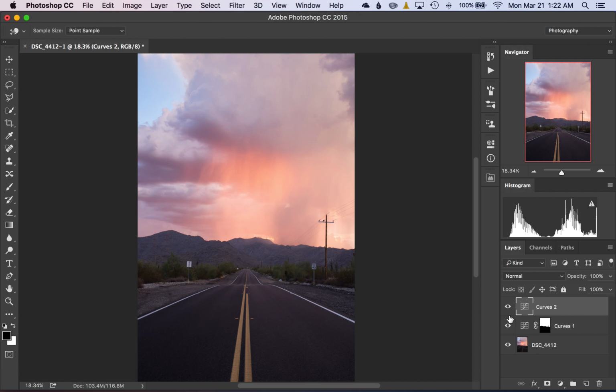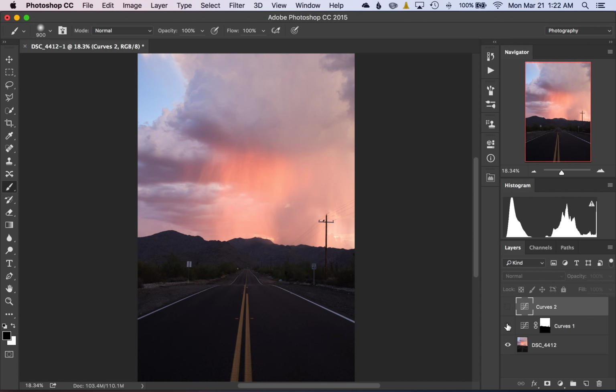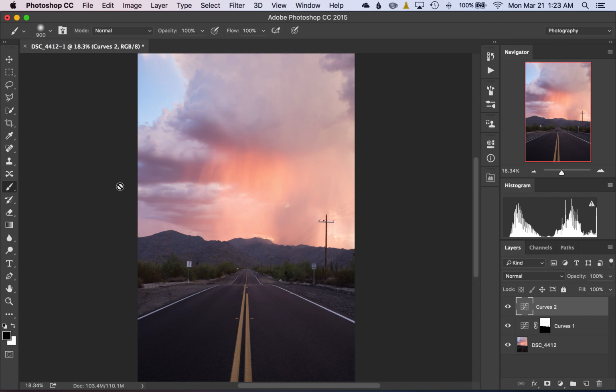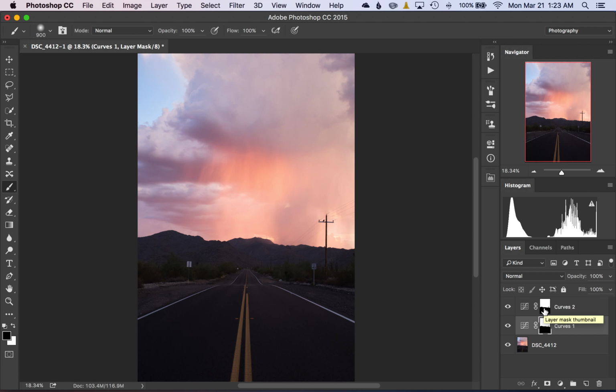Let's go ahead and delete that because I want to show you another way to do that. So we have our adjustment made. We've deleted the layer mask, so this adjustment is being applied to our whole image. If we click this eyeball, you can see here's our adjustment just to the sky, and then we have this bright adjustment being applied everywhere. Now that we have created this mask here, we can copy the mask into our adjustment simply by holding the Option key, Alt on a PC, clicking and dragging our mask into that selection,